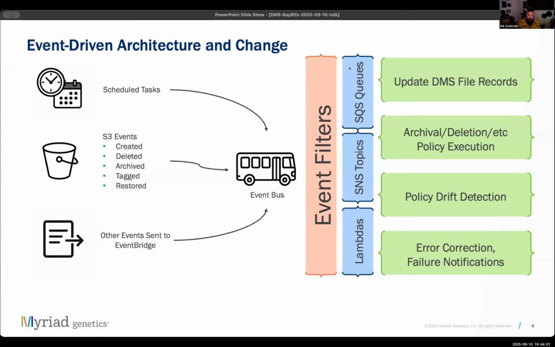We use queues to buffer bursts of traffic or events. We use topics to broadcast a single event in parallel across independent domains, such as compliance, cost tracking, or redundancy elimination. Lambda functions do the actual work. They spin up instantly, scale automatically, and vanish when idle. All of these capabilities stitch together to create a dynamic system that not only stores metadata, but actively manages it.